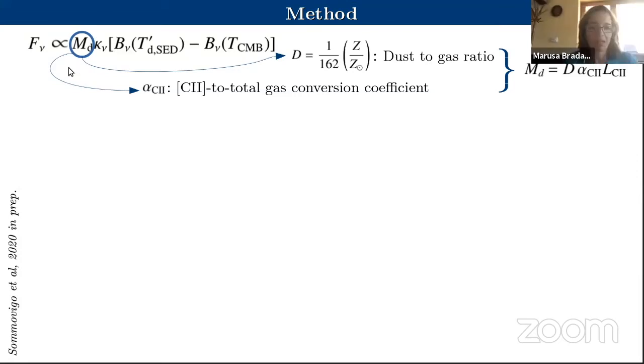At this point, by fitting the single observed data point at 1900 gigahertz or 160 micron, we can get a reasonable prediction on the dust temperature and dust mass. I don't know if this answers the question, but eventually we can enter in more details in the chat